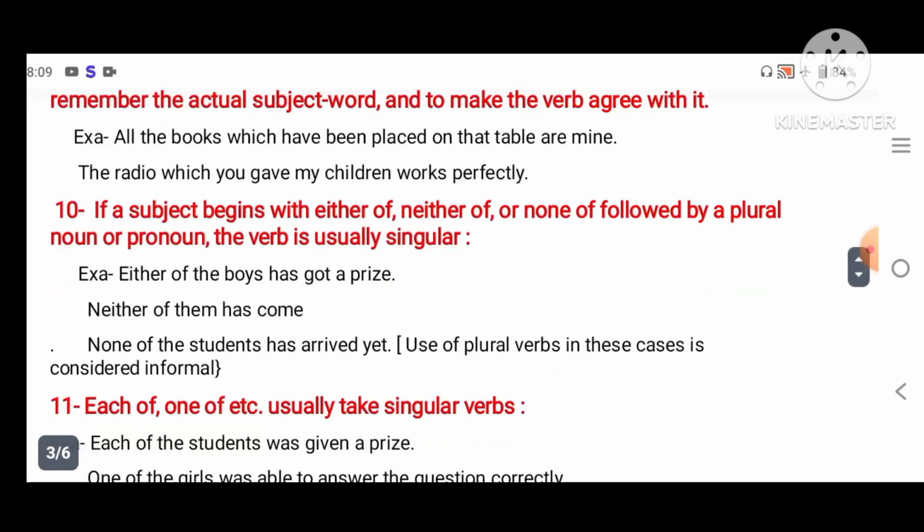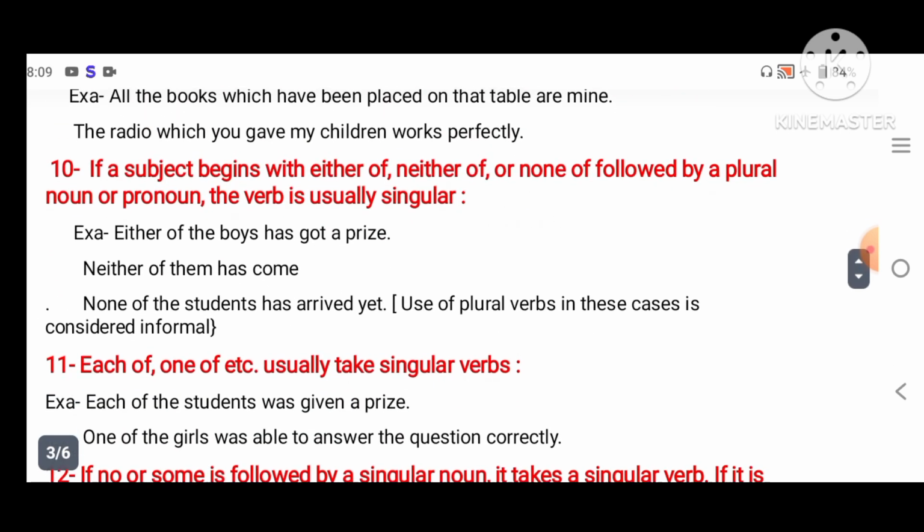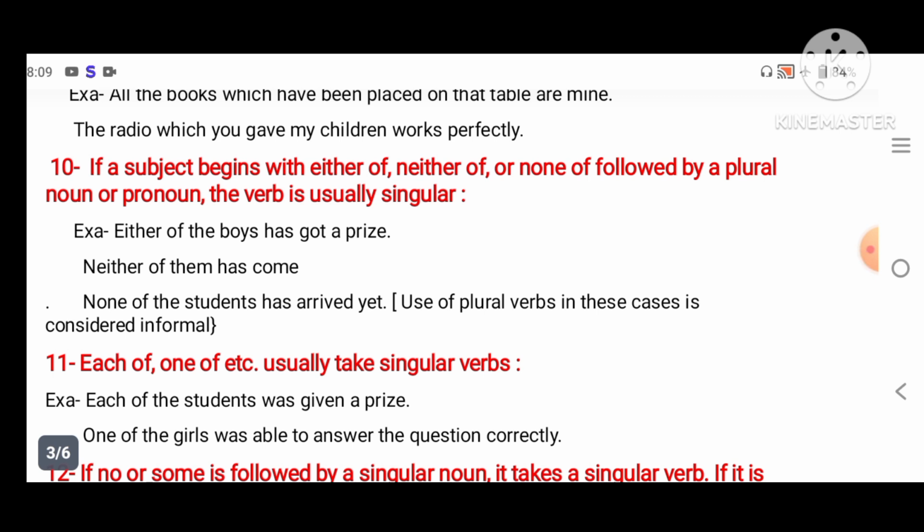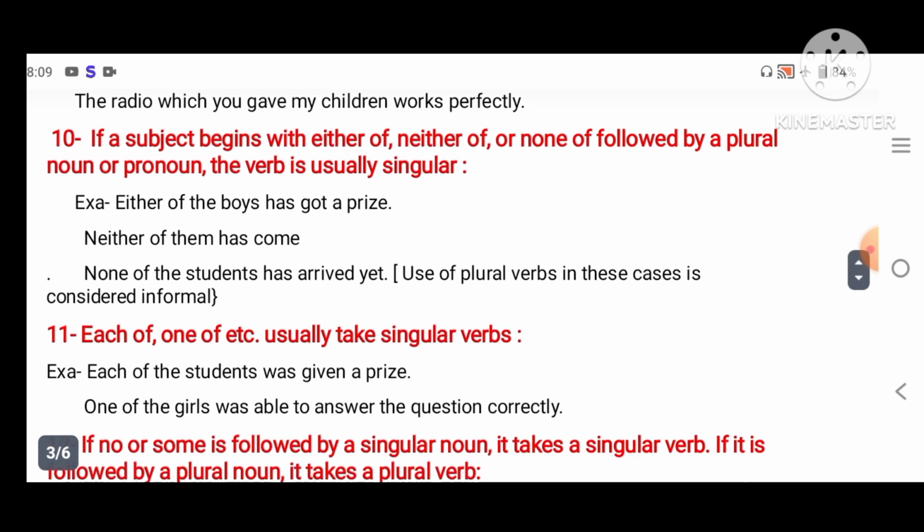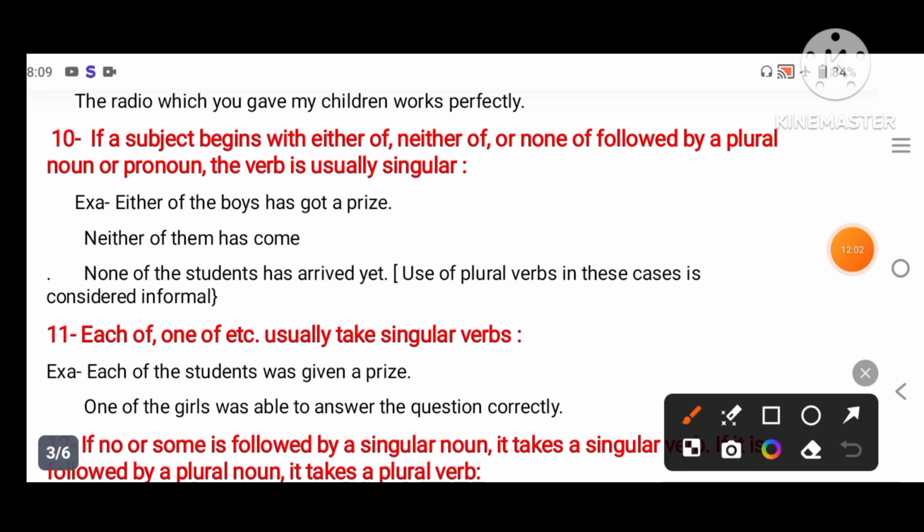Okay. Next, if the subject begins with either of, neither of, none of, followed by a plural noun or pronoun, the verb is usually singular. When the subject starts with either of, neither of, and is followed by a plural noun,